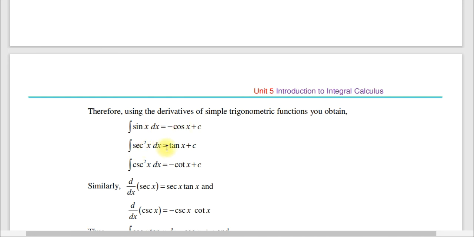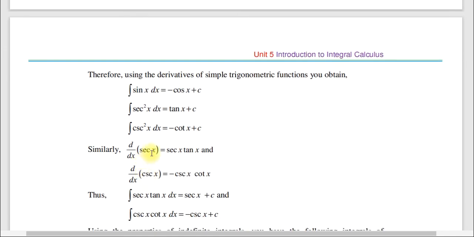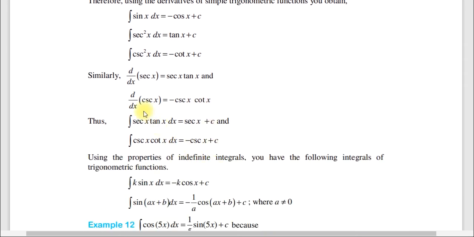The integration of sec square x dx ማለት ደግሞ tan x plus c ማለት። tan x ን derivate ስናደርገው sec square x እንደነበረ ከዚህ ቀደም ስለ derivation ስናይ አይተናል። The integration of cosec square x dx ማለት ደግሞ minus cot x plus c ማለት። Similarly the derivation of sec x ማለት ወይም d by dx of sec x ማለት sec x tan x ማለት ሲሆን፣ the derivative of or d by dx of cosec x ማለት minus cosec x times cot x ነው። Thus the integration of sec x tan x dx means sec x plus c, and the integration of cosec x cot x ማለት ደግሞ minus cosec x plus c እንደሆነ ማወቅ መቻል አለብን።